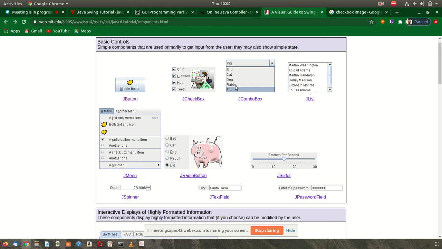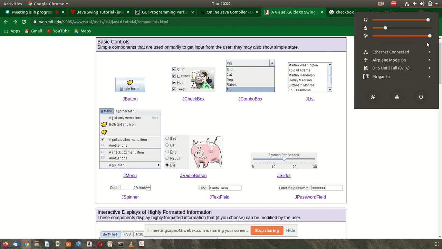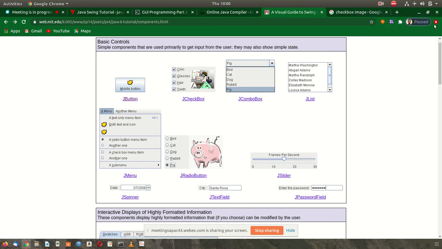And the combo box will be used when there are, suppose, 30-40 options, and out of those we have to choose only one option. Then it is a good option to use the combo box, because it saves a lot of space, because most of the values are hidden. If it were a radio button, then the list would have to occupy this space completely, and it would not be used for other purposes.